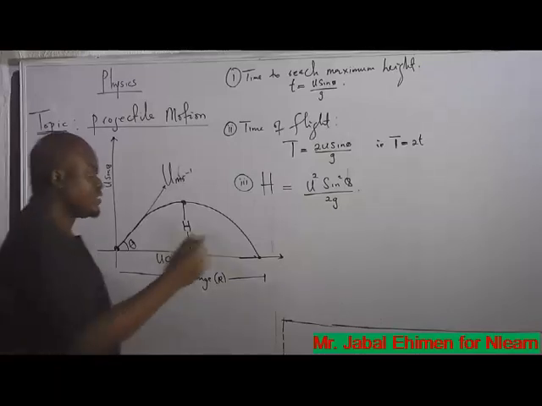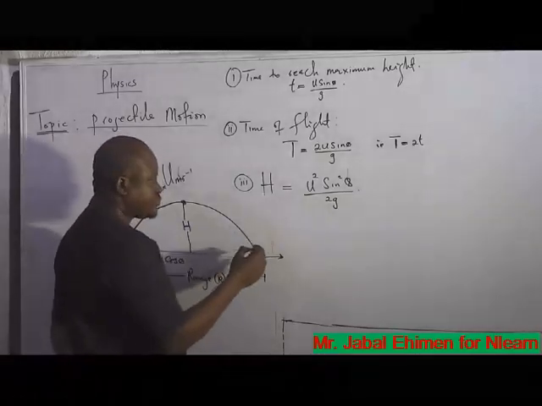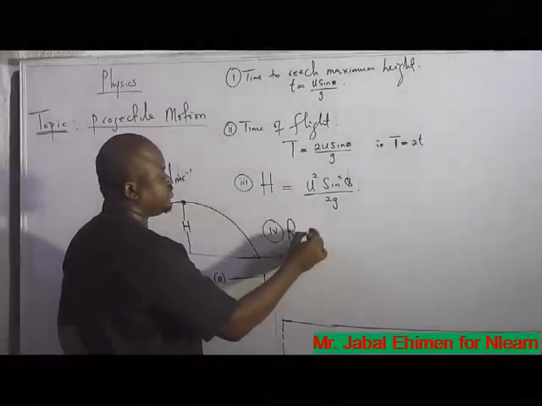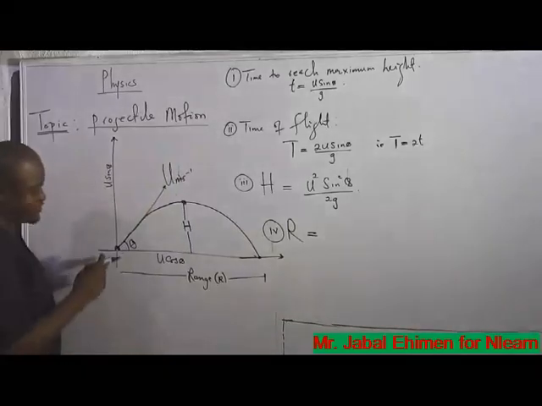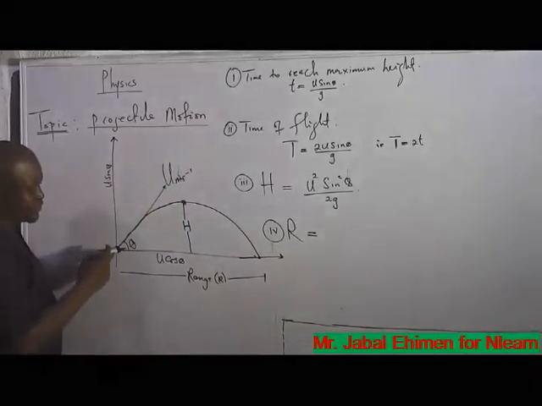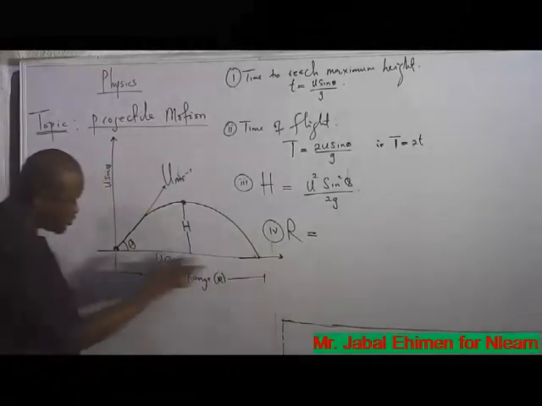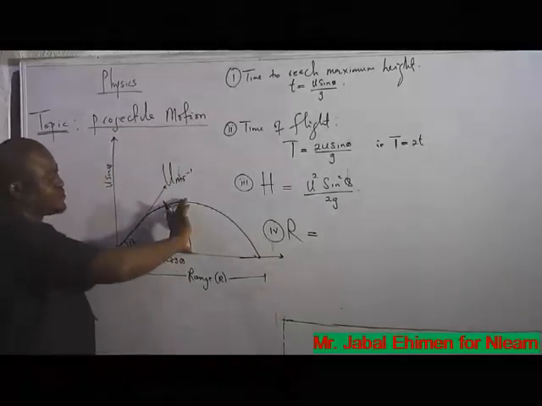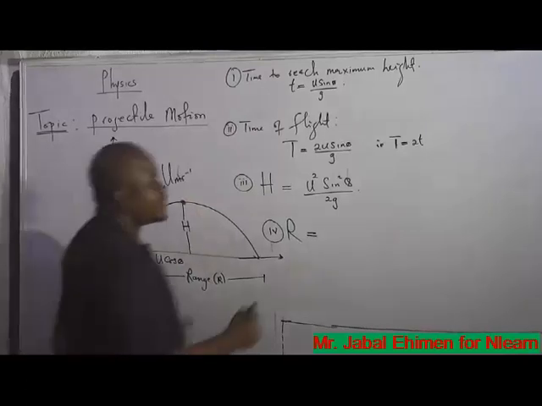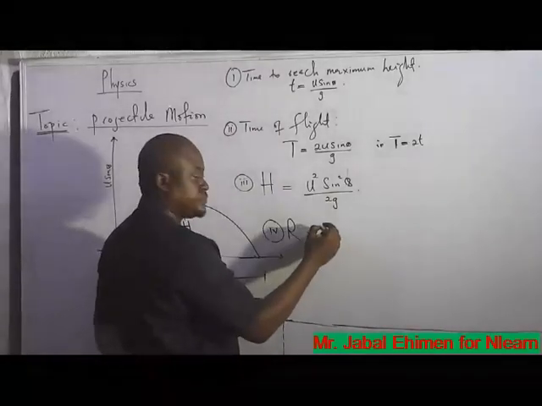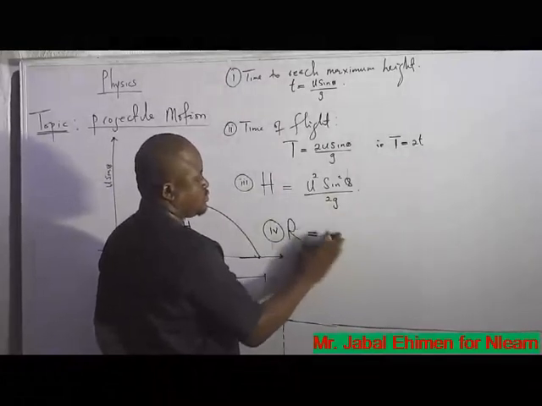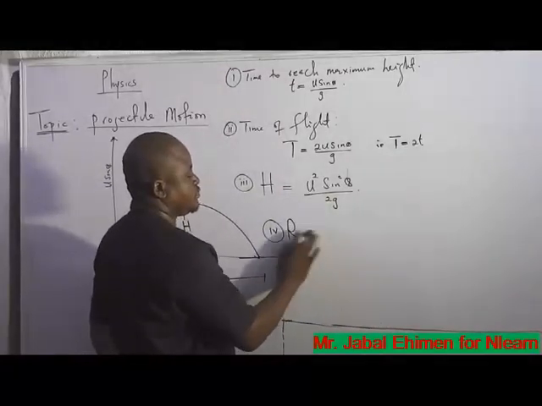Now, there's another thing we can calculate, which is the fourth. That thing is called the range, which I discussed here. The distance from here to this point on the horizontal is called the range. This is the maximum height, or the height reached. Now, the range is equal to 2u,